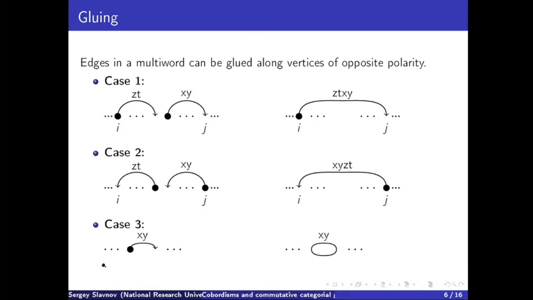And there are also pathological cases when we try to glue an edge with itself, as in this third picture. In this case, the edge and its label become a cyclic word and go to the singular part. That is how singular parts arise. A crucial thing about these gluings is that we can do a lot of such gluings in a row, and the order doesn't matter. So we can do them all at once.